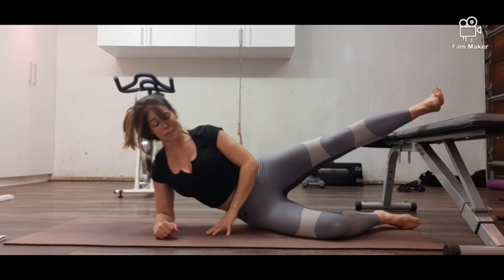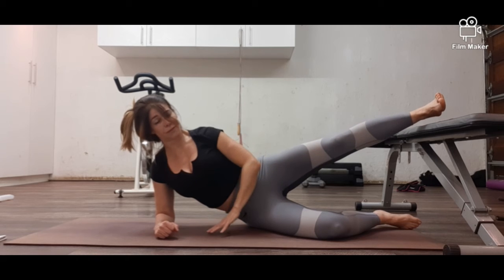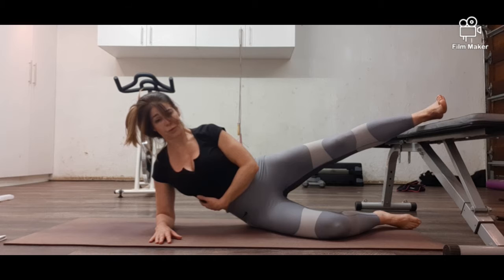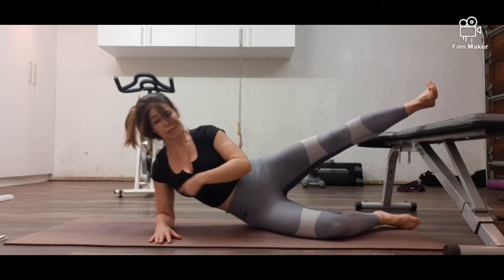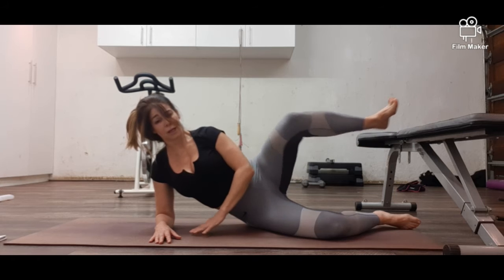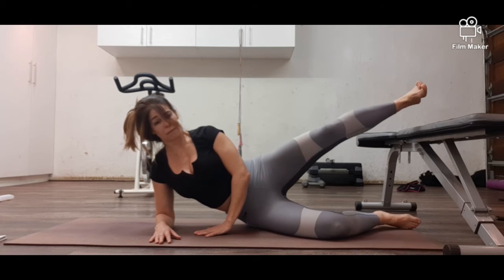7, I hope. 6, and into the obliques. 5, 4, sit up nice and tall. 3, see I want a big space. 2, 1, stay here. You bring the knee in for 10,